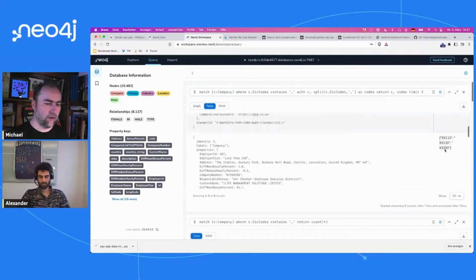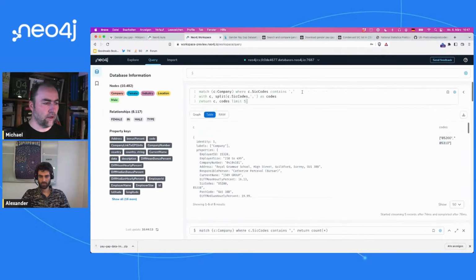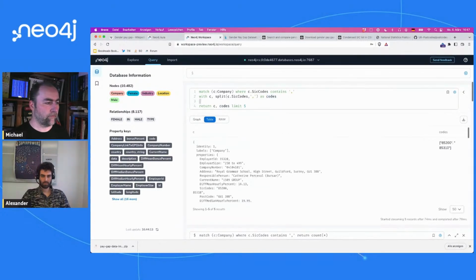So this one has, for instance, 3 codes. And then we take each of these codes and connect them to the actual industry. So we take codes as code, we turn this list into rows, and then for each row we find our industry